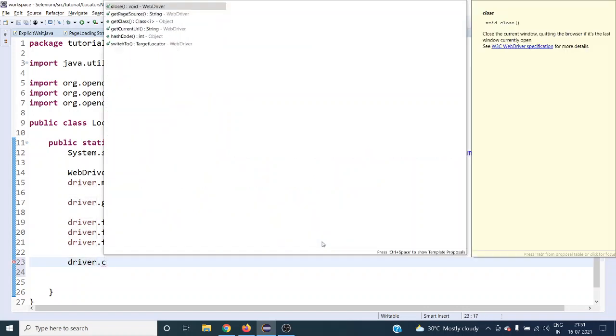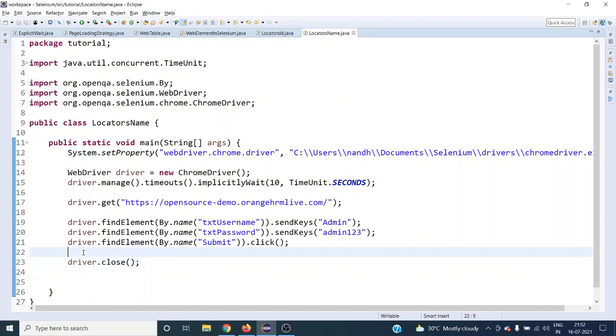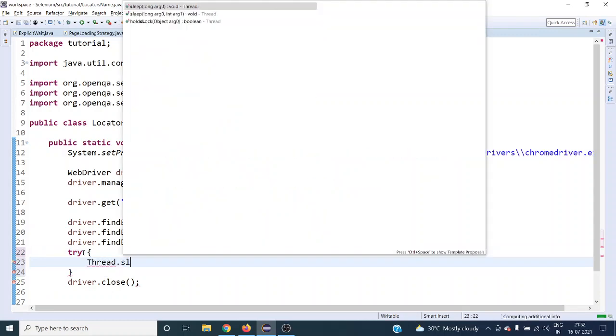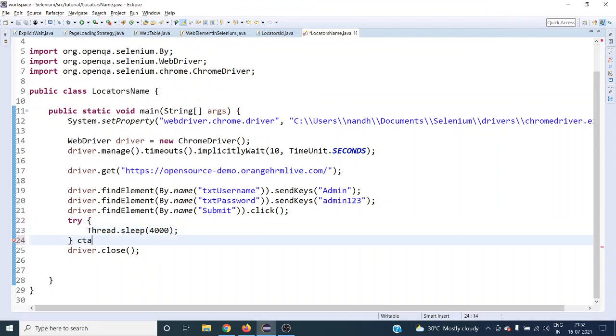For that, Selenium provides the driver dot close method. That's all, right? So let's wait for some time using Thread dot sleep to see whether it's clicking or not. It's not recommended to use the sleep method. Just for wait time I'm giving it, because Thread dot sleep will give an exception to handle. So I'm just giving it inside the try block.